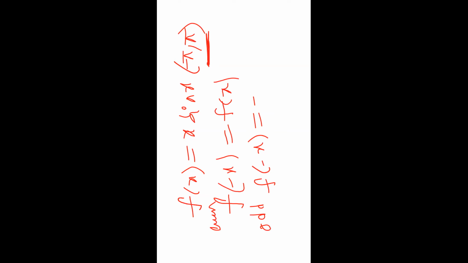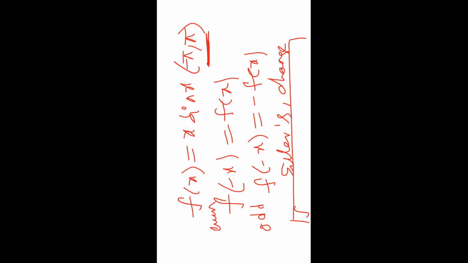It has some definitions. The even definition is f of minus x equals f of x, and the odd definition is f of minus x equals minus f of x. Suppose the function is even. In the last two methods, first Euler's and second change of interval, we have to calculate the full range equation.